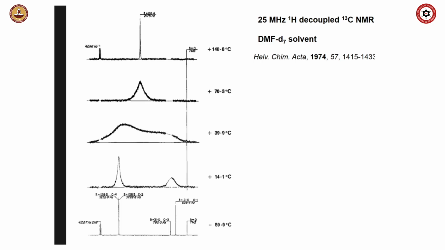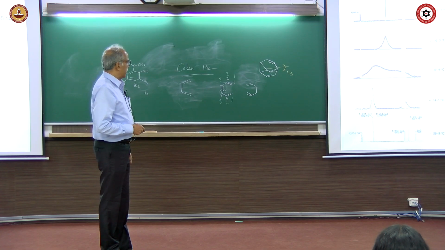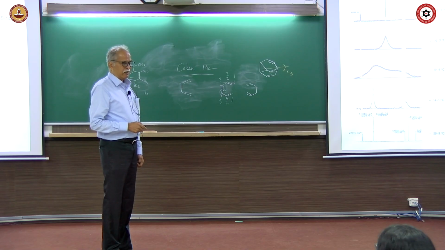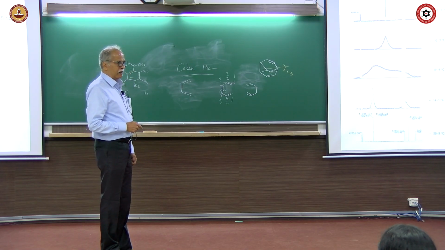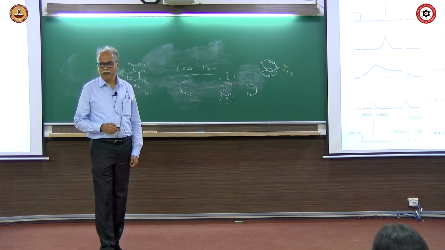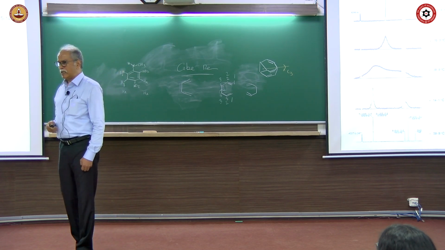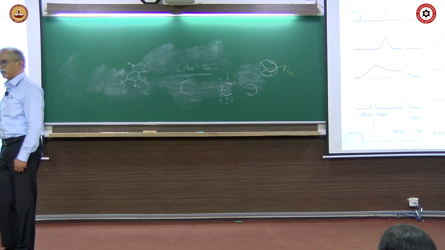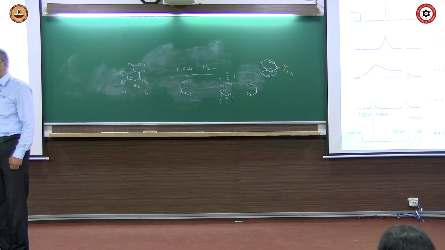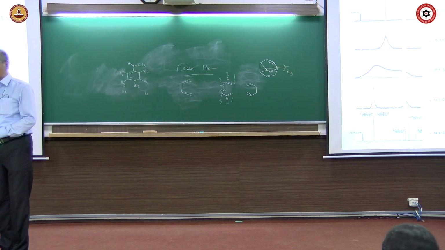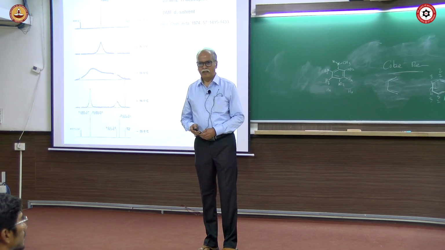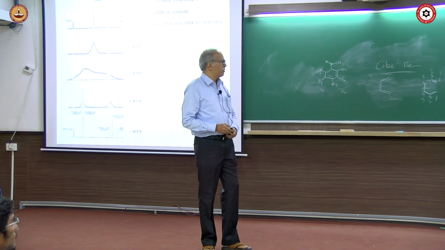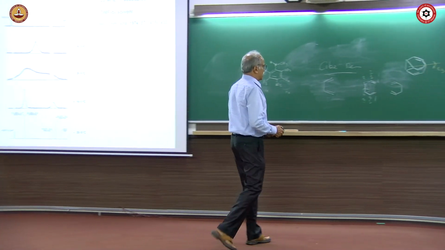This is a carbon-13 NMR spectrum of bulvalene. Now tell me how many carbon-13 signals you will see when it is not rapidly undergoing rearrangement. When it is not undergoing rearrangement, how many peaks you will see? All you have to do is count the number of carbons which are different from one another. C3 axis of symmetry is there, so you have to do only